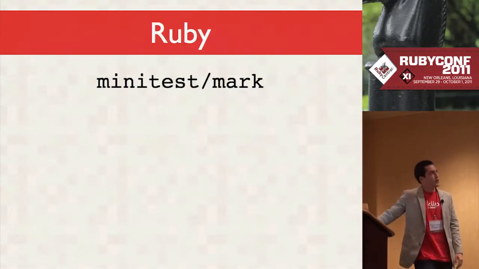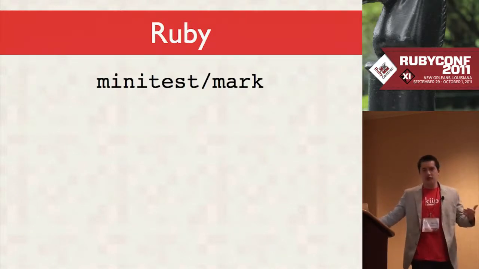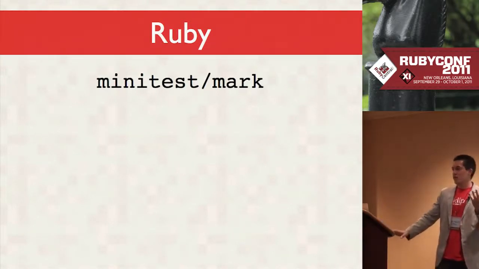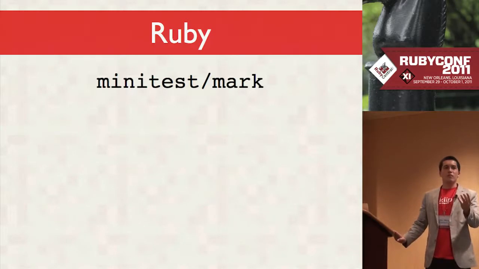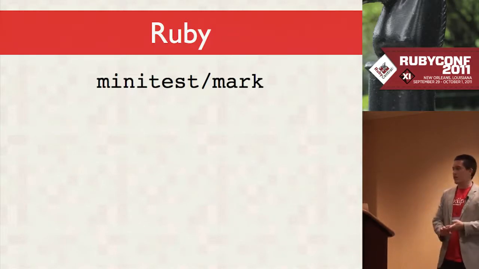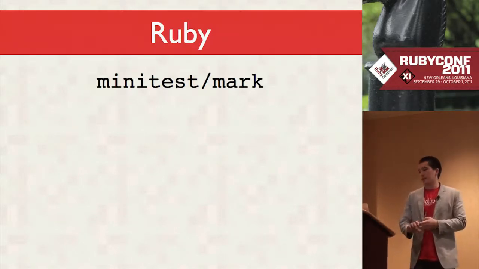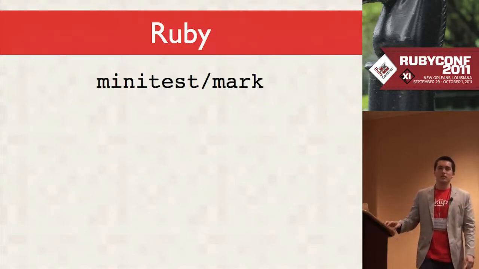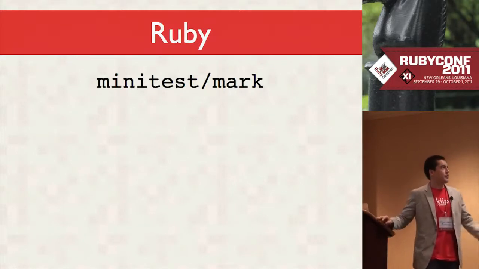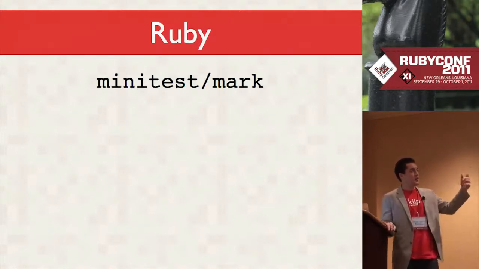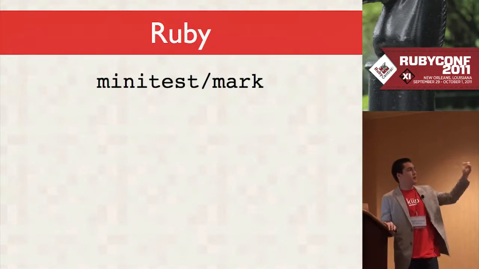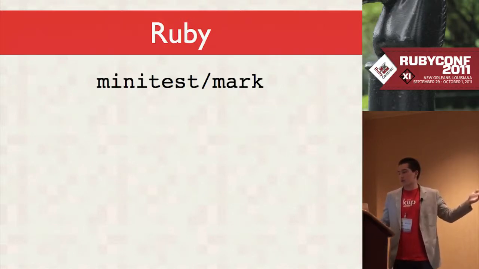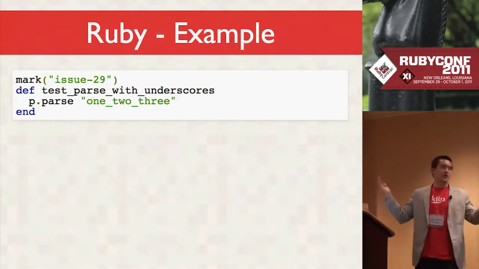So in Ruby, this would be a good time to say, for this talk, I made 4 libraries that should never, ever, ever be really used in production. They're just proof of concepts for these ideas that you could just get down and play with. And they're all extensions to mini-test because that's what I like to use in Ruby. So I made, and this is all on my GitHub page, and the links will be at the end, mini-test mark for Ruby. It looks exactly like the Python example.